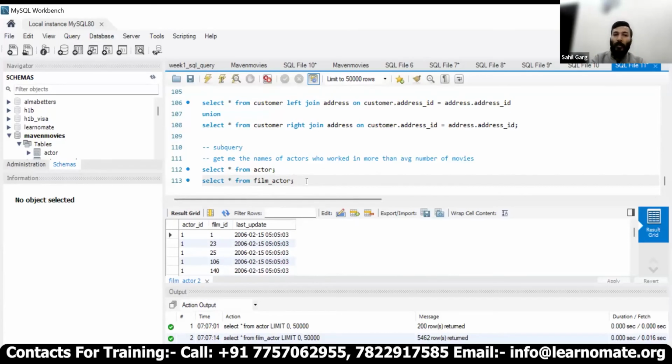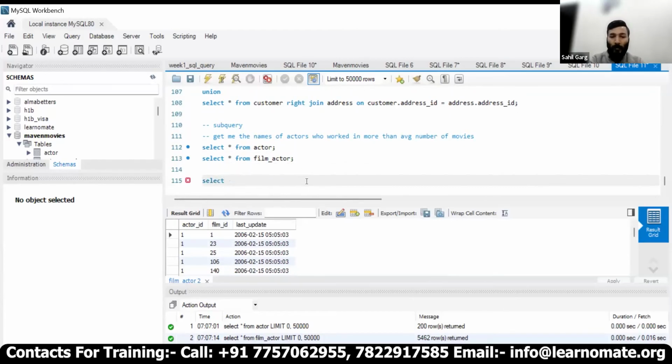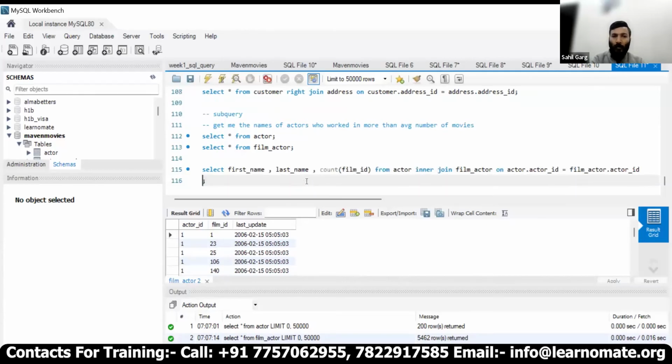One method, using joins, is to select first name, last name, and count of film ID from actor join film actor on actor dot actor ID is equal to film actor dot actor ID. Right? So if we run this,